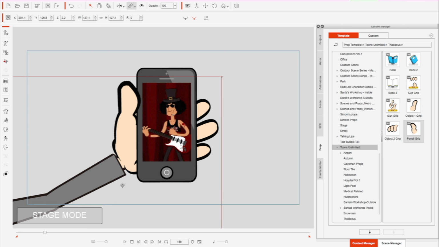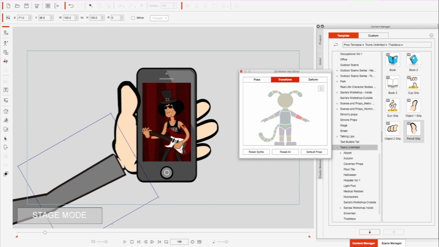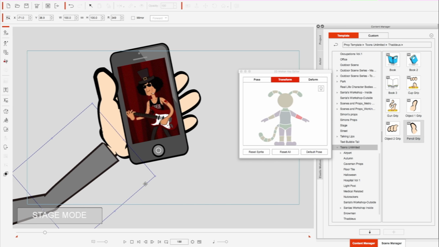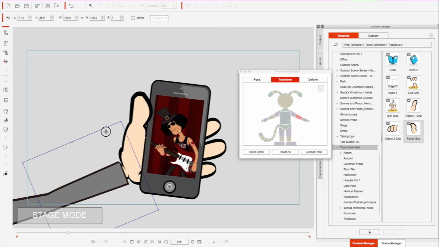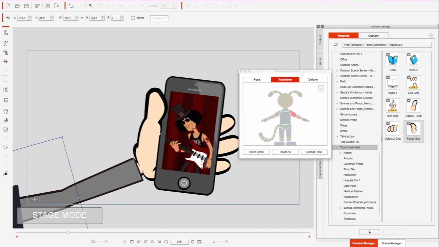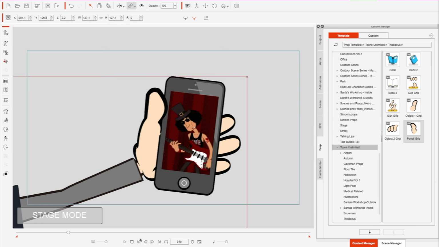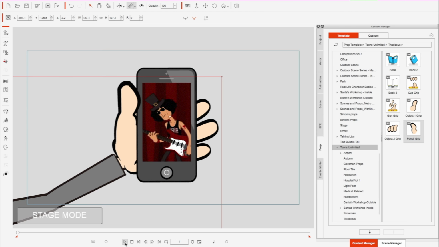Now in the middle of this, I could still say, okay, at 188 frames, I want the arm to go from here to here, or however you wanted to manipulate it. If you might not want it to move at all, it's entirely up to you. But I can scan forward and then say I want the arm to go back down, or however you want to do it. You can move the whole arm a little over. And when you go back and play it out at frame 1,